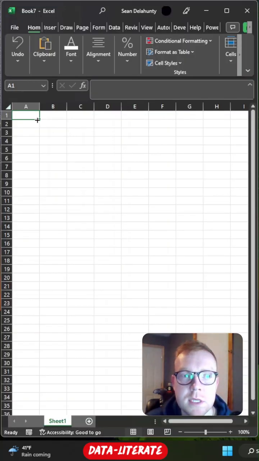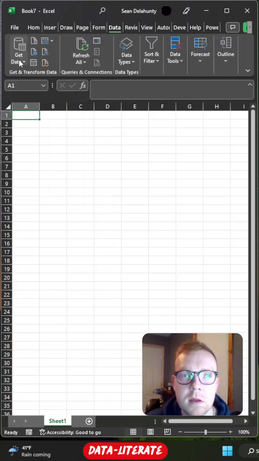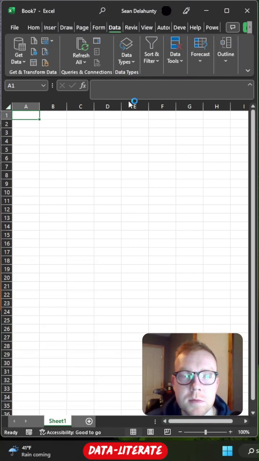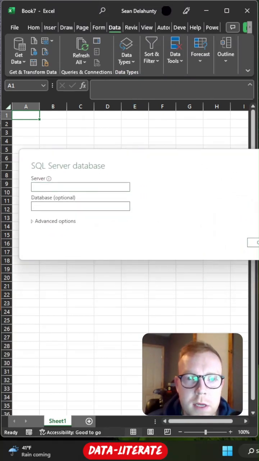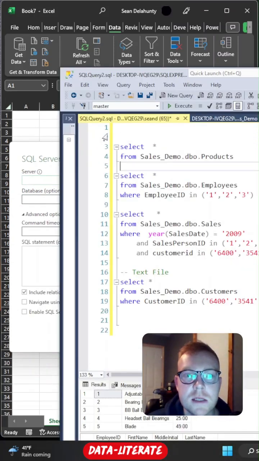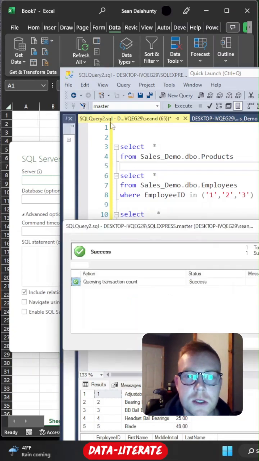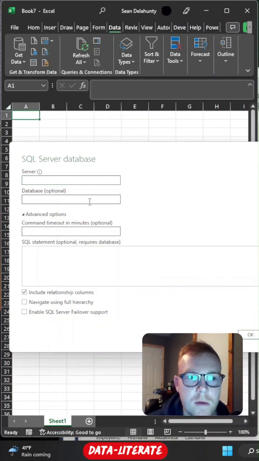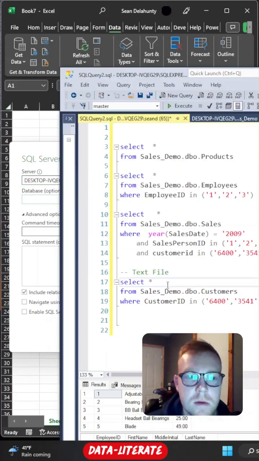If I hop over to Excel now, what I'll do to connect to this data is go up to my data tab, select get data from database, and then from SQL Server database. Once I do this, I'll get this pop-up box where I have to reference my server and my database. I'm going to hop back into SQL Management Studio and get the server name. To do this, I can just select change connection, and that will pop up this box where I can just copy this server name, hop back over to Excel, plug that in, grab the database name, sales demo,